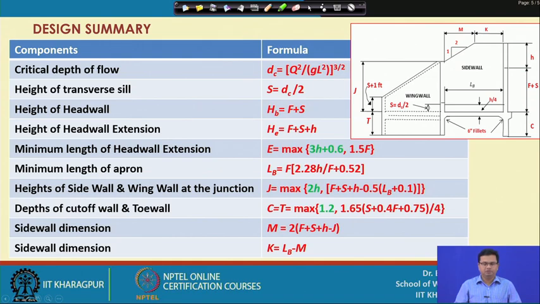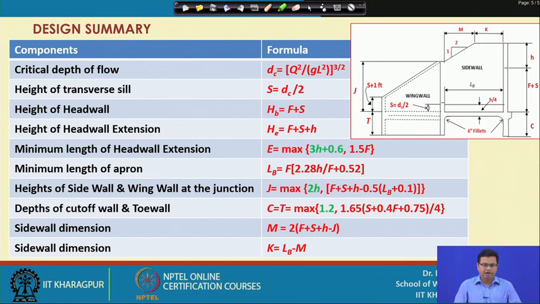So, I have given in this table the total summary of the different components of this drop spillway, and all these components are given here. Simply you can use this table to estimate the different parts of this drop spillway. So, whatever we have summarized, it is DC equal to (q squared divided by g L squared) to the power 3 by 2,